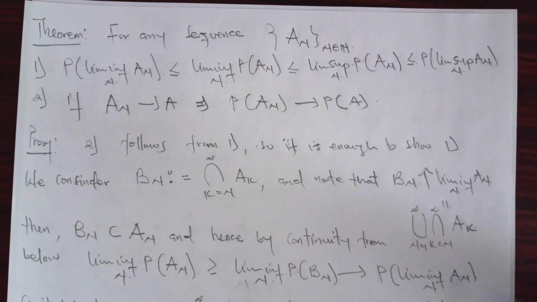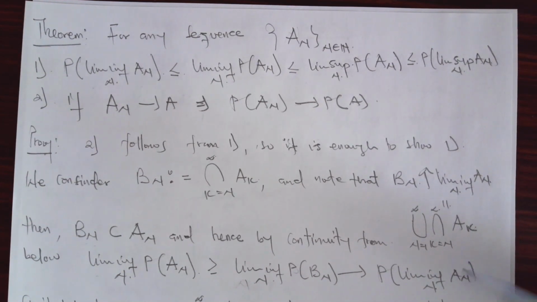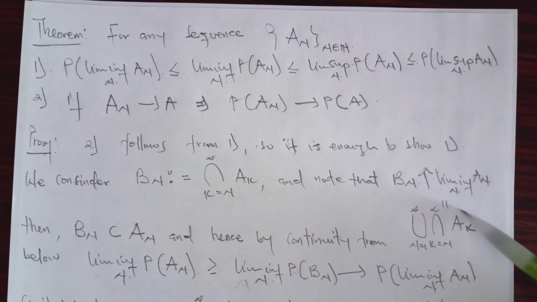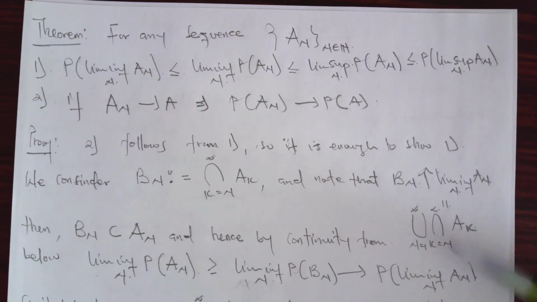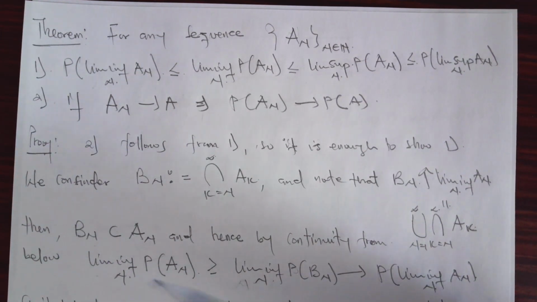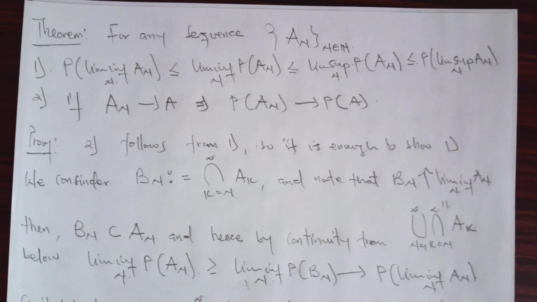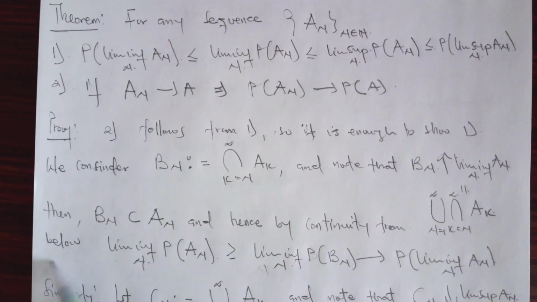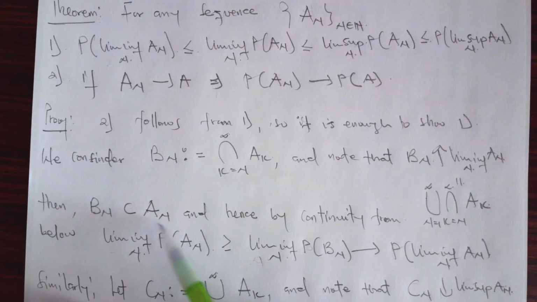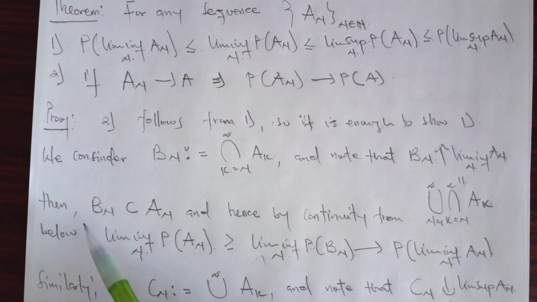So we consider some sequence Bn and define it as the intersection of the Ak's, where k runs from n to infinity. So here we pick this part. Since we union this part countably, you realize that it is actually approaching the lim inf from below. So we apply the continuity from below to prove that. Then the sequence Bn is a subset of the sequence An, and hence by continuity from below, we have that the probability of An is greater than or equal to the probability of